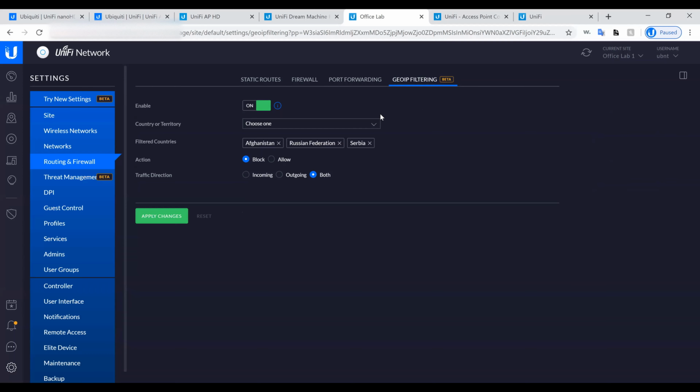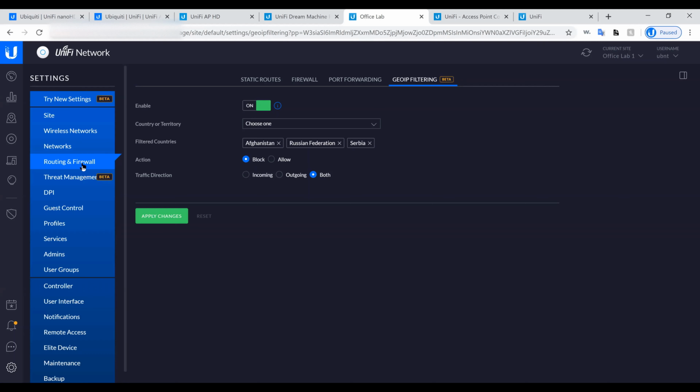So you can just add those countries here. The list for GeoIP is populated every 24 hours. So once it's updated, any IPs belonging to that country will automatically be blocked. You have an option of blocking traffic to that country that is outgoing, or traffic coming in from that country that is incoming. So if you do not want traffic to come from some country, you can just add it in the list, and this will automatically disable any traffic coming from those IP addresses.